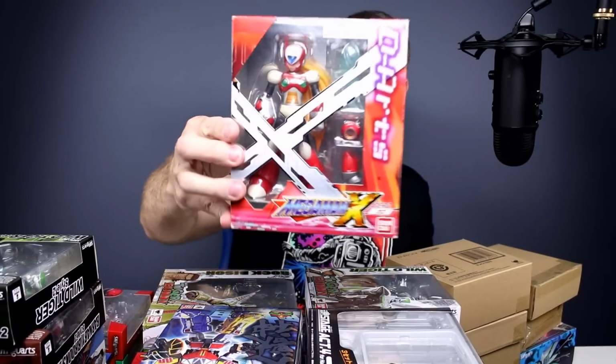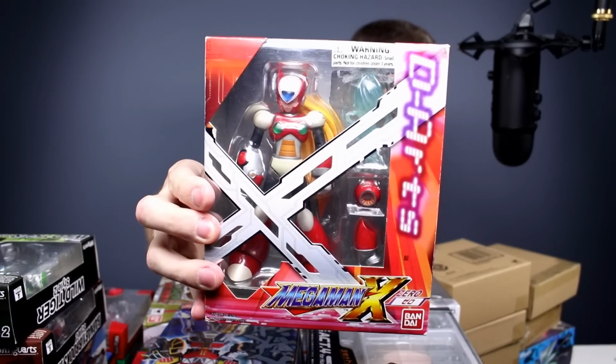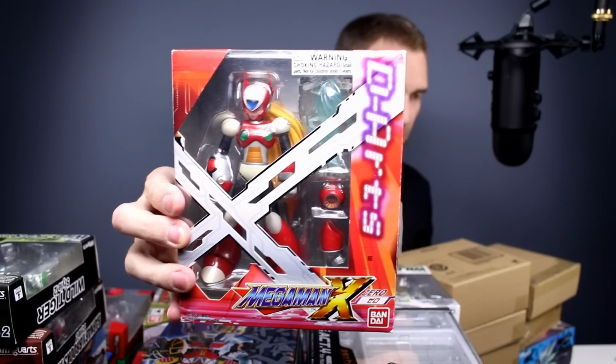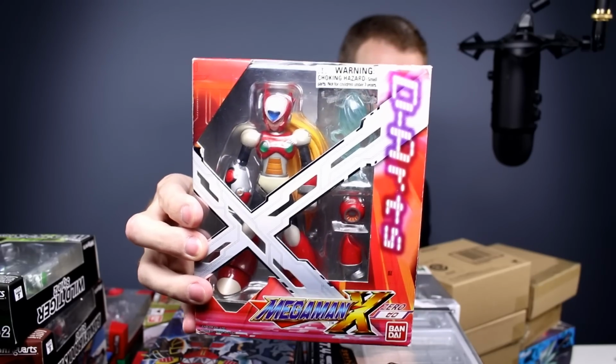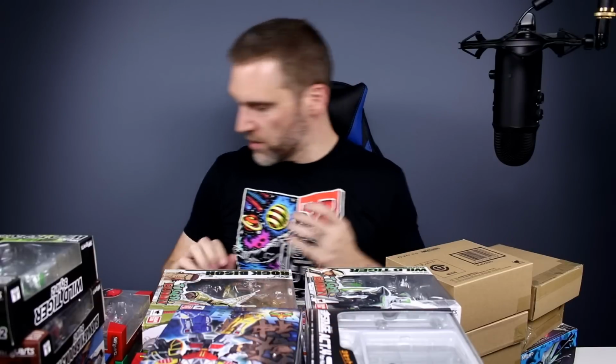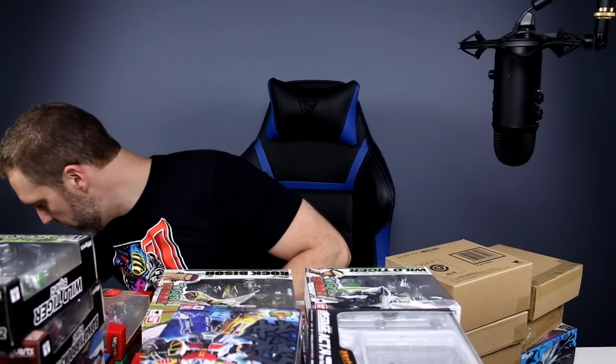Okay, so here's Zero. This is Zero Type 1. Note the shoulder pads, round white shoulder pads, spherical shoulder pads. That's the original version of Zero. Zero is a guy, by the way, if you're not familiar. Just long hair, because 90s. So there's Zero. Regular Type 1, the oldest release of Zero. And then we have...